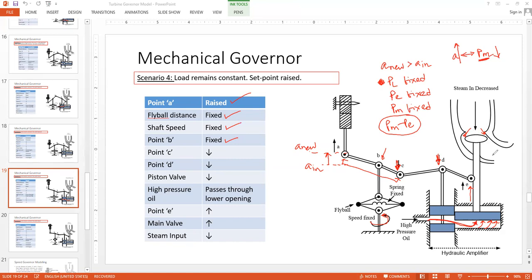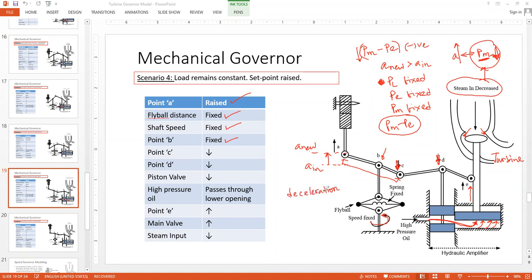As soon as point E goes up, this channel gets closed, or smaller actually, to be precise. This channel becomes smaller. There is less steam flow available to the turbine blades. So if steam flow is decreasing, PM is decreasing. This is what will actually happen. Now as PM got decreased, there will be a negative PM minus PE,